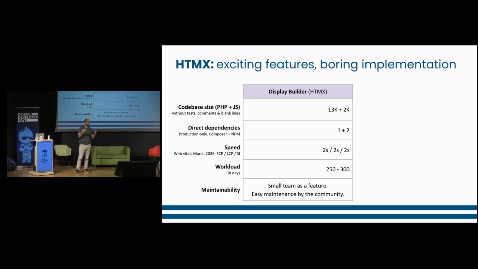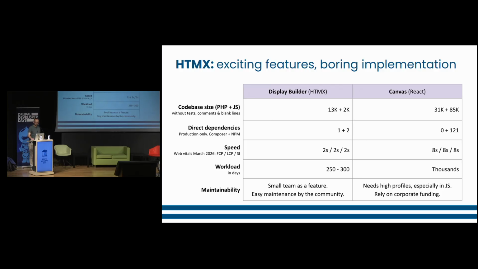We need only a little team. Canvas has some of the best developers of the community, and they are building something very, very ambitious and very, very impressive. But the numbers fit the sizing of the team.